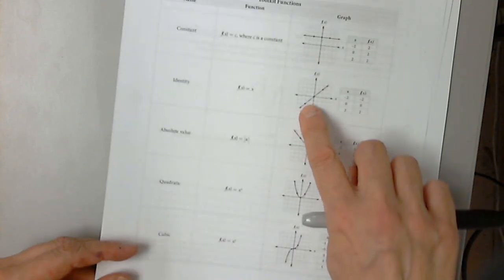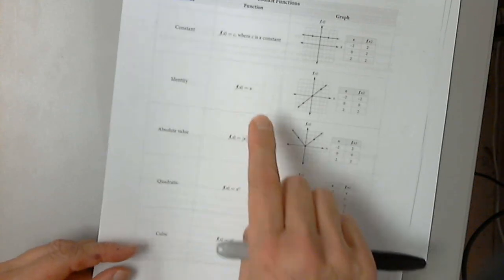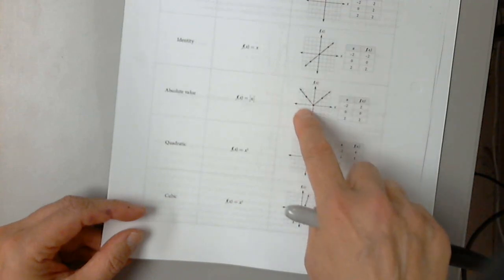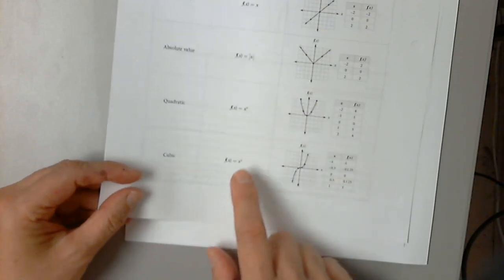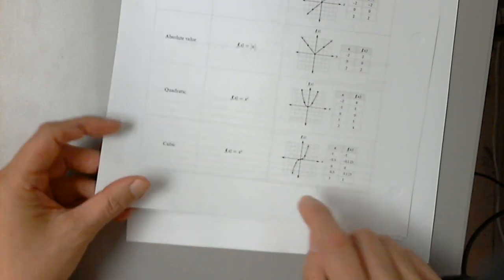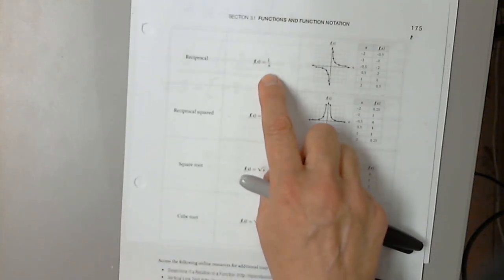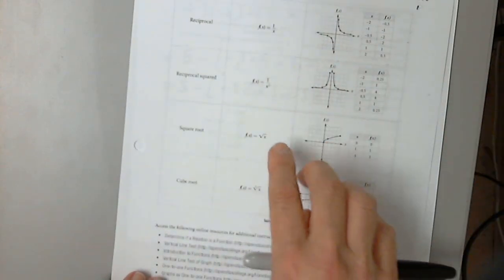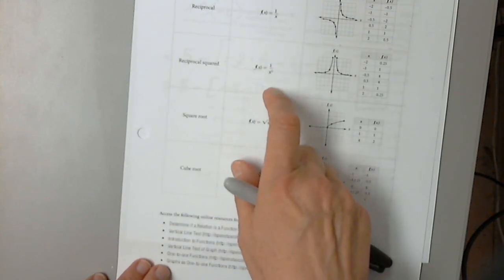So this is a linear function, but a constant. This is the simplest possible linear function, which is f of x equals x. This one is the simplest possible absolute value function. This is the simplest possible quadratic, the simplest possible cubic, and the simplest possible rational function, which I don't think you've seen before, because I don't think there was a need till today, till this class. 1 over x squared, we really don't emphasize this that much,